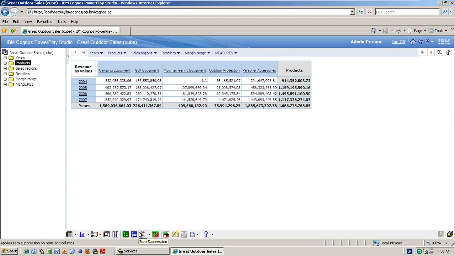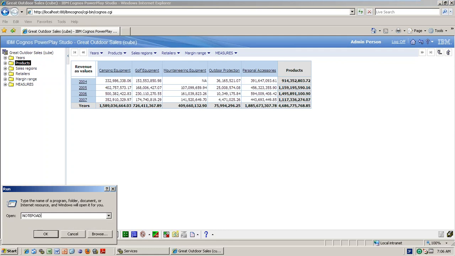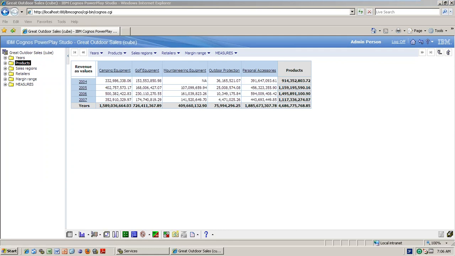That's very clear, 100% sure. Let's understand. But what do you mean by 80 by 20 suppression? If I do this one, if all the records are zero, then only it will be hidden. Then what do you mean by 80 by 20 suppression? This is very, very important. Again, an interview question. I will explain it.